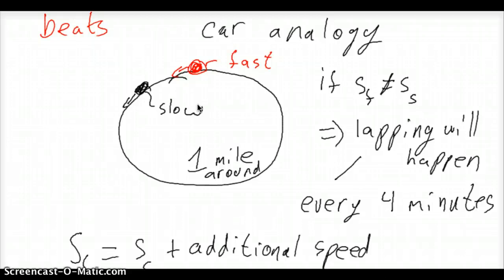But when they're traveling with different frequency, they are having a different speed, and one car will be going faster and one car will be going slower, and that causes them to overlap each other. But each time they overlap, they will not overlap at the same spot. It will pass it and go around it, and for example it passed right here, and then the next time it might pass right here, so it will happen at different locations.